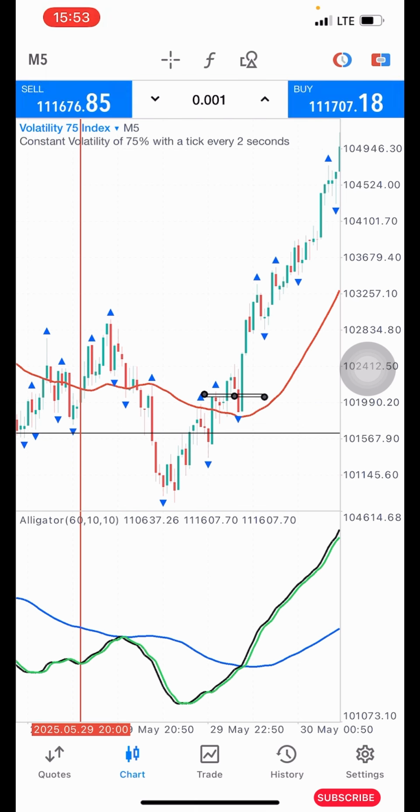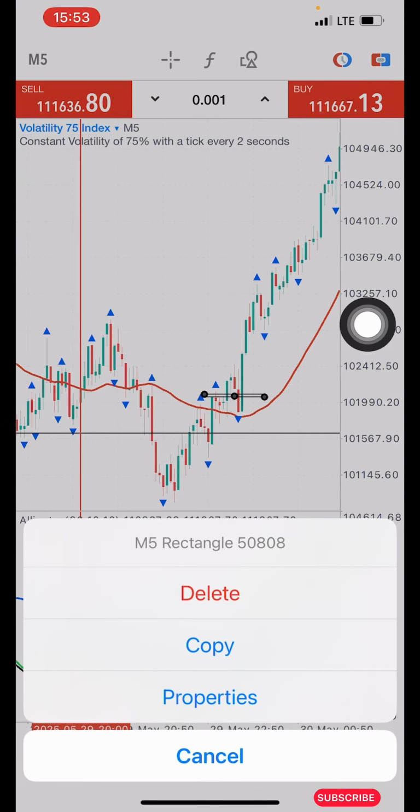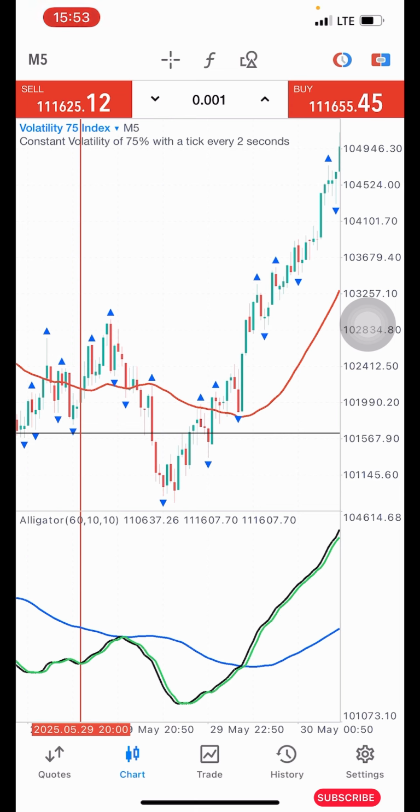Immediately it loses and your stop loss goes below the structure there, right? And then you can target any level you want, right? Now this is how I recommend you do it. This is more safer. Although if you're a beginner and you don't know how to do price action, you can use it based on the indicator as I've just explained, okay? Now if you understand a little bit of price action, this is how you do it to be more safer,